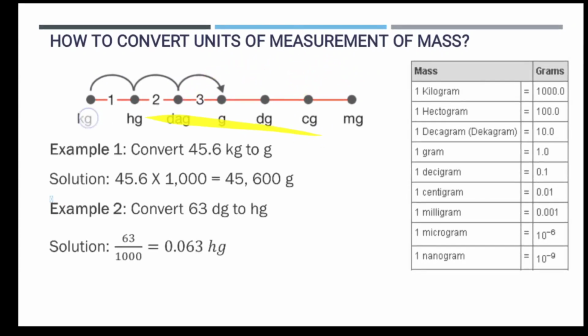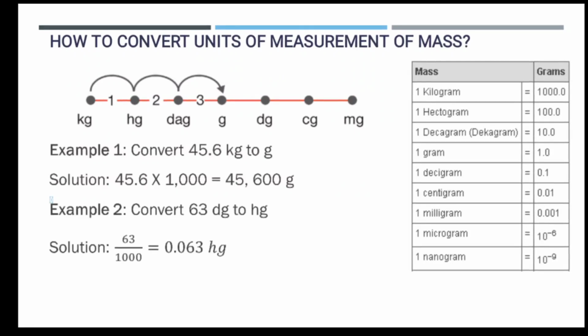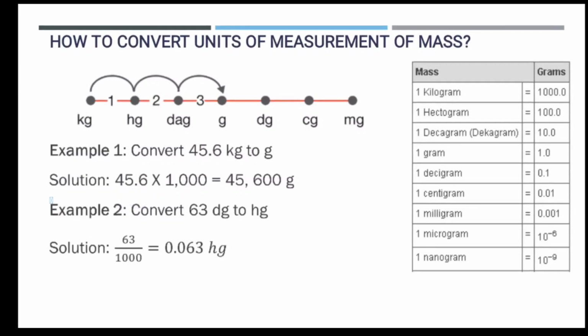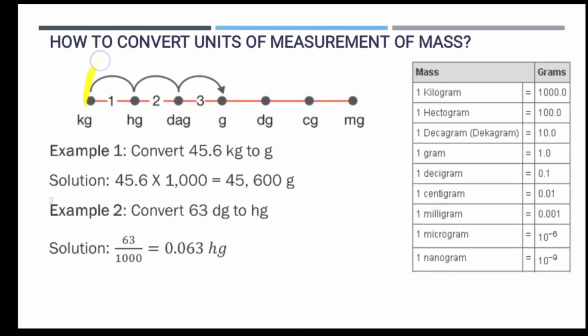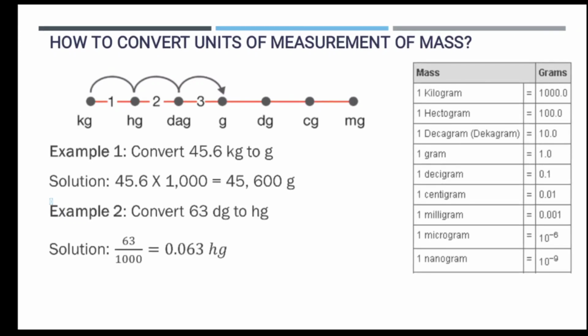So for example, let us convert 45.6 kilograms to grams. So let's copy the given. 45.6, as you can see, kilograms to grams. So from here we have 1, 2, 3. So three movements. Therefore, we have to multiply that given by